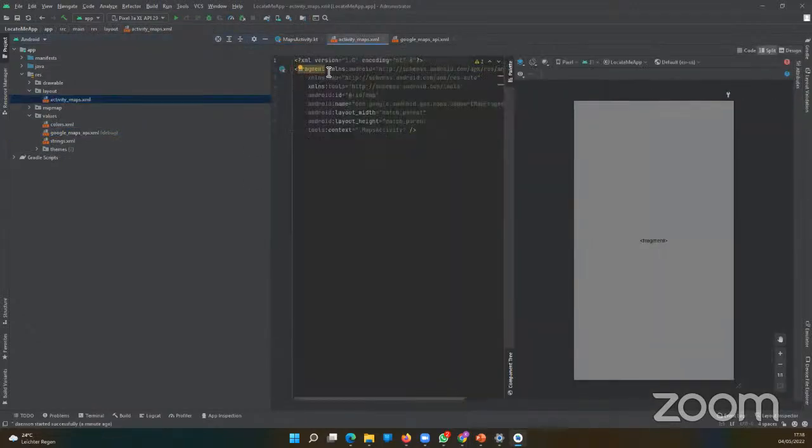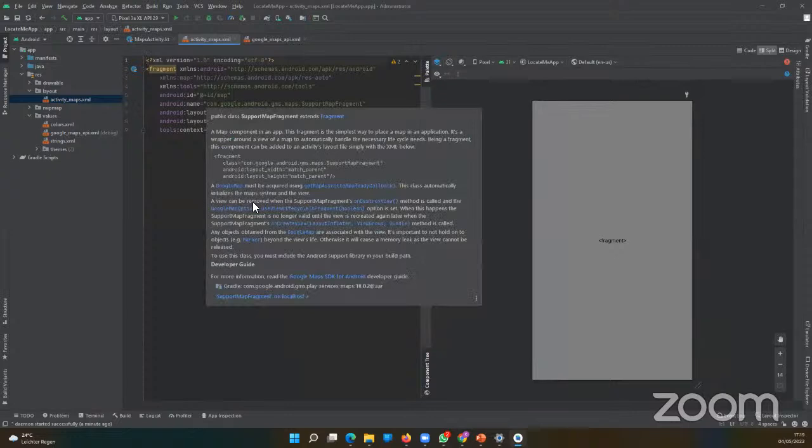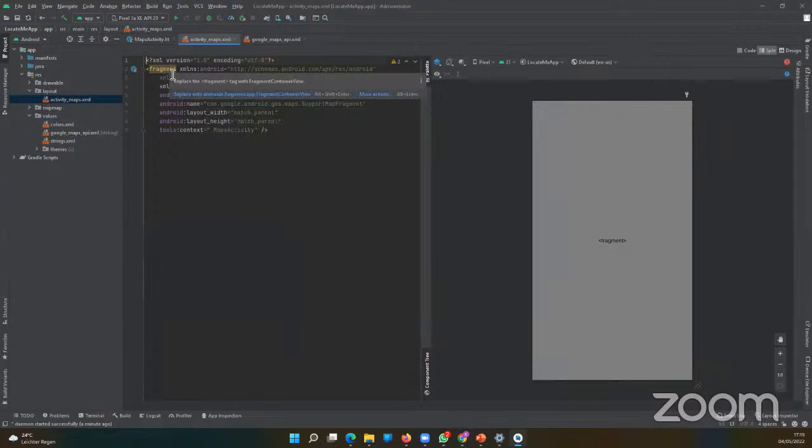Okay, so let me split this. You see, we just have a fragment. This contains just a single fragment that's filling the entire screen. It uses the support fragment class. You can see the android:name here, com.google.android.gms.maps.SupportMapFragment. This support map fragment class is a subclass of the fragment class, and it's the simplest way to place a map in an application. So it's like a wrapper around